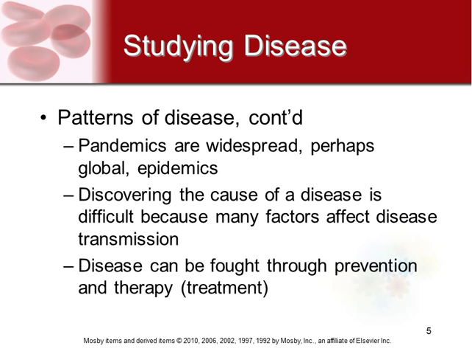And then patterns continue on. Besides just an epidemic, you can have a pandemic. Pandemics are widespread. They can even become global. So that's when it's not just in that specific area; it's spread to wider ranging spaces. Discovering the cause of a disease can be difficult because a lot of factors can affect the transmission, which makes it very hard to trace back sometimes. A lot of the time we don't necessarily know how it's transmitting. We might think it's from person to person, and really there's a third party involved that's helping to spread it.